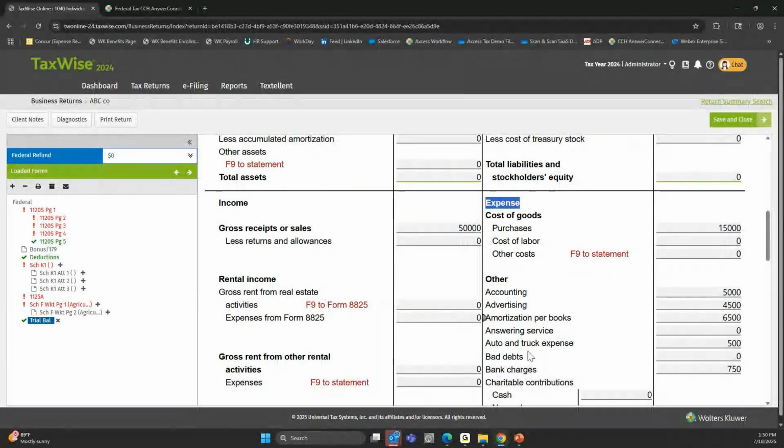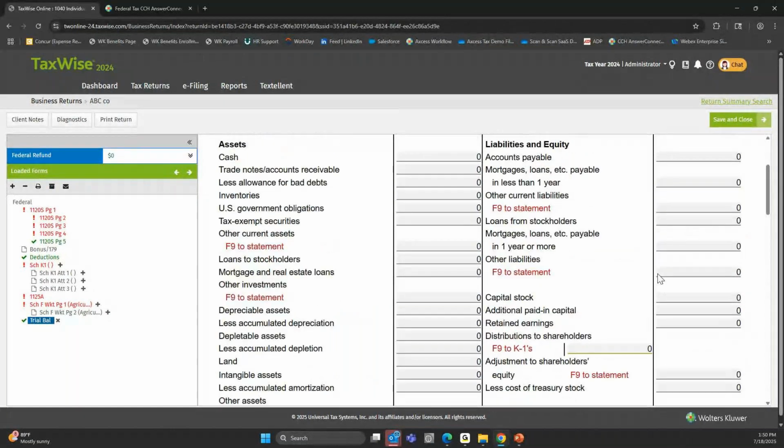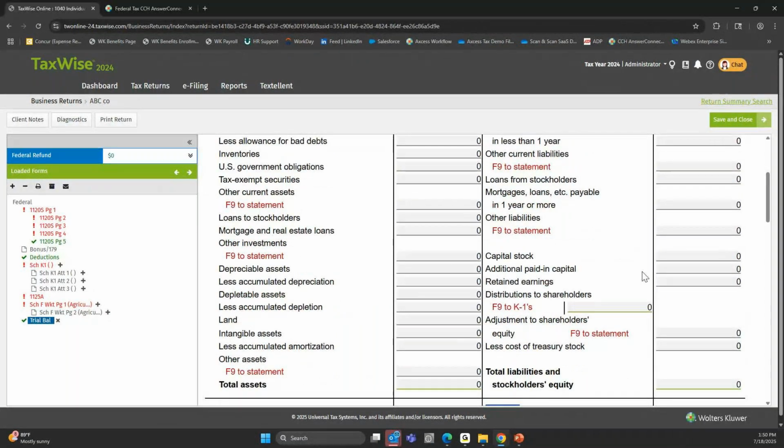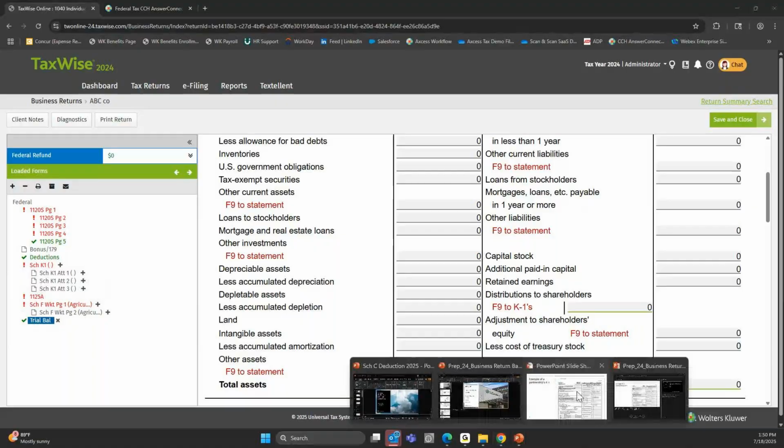Once we input the income and the expenses throughout the year, and we've specified what their ownership percentage is, it should be generating this K1 for us. Now, with these K1s, there's a couple different ways to look at this within the software. Now, really what you are going to be responsible for inputting